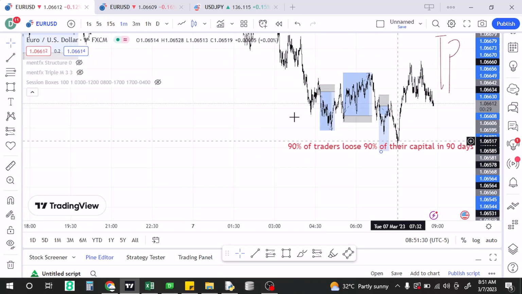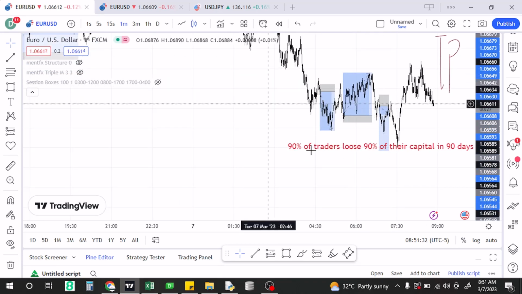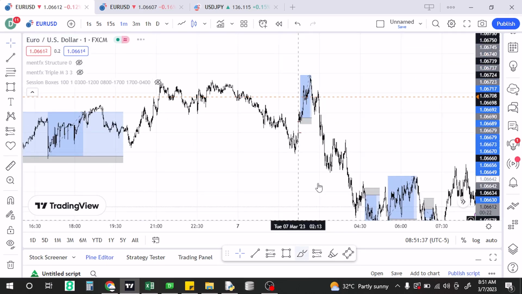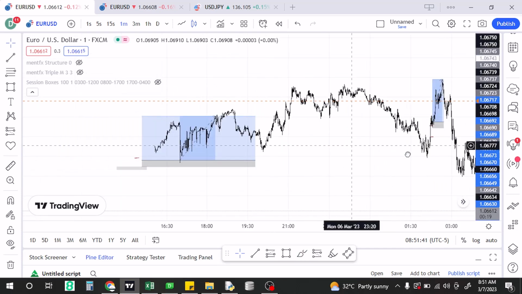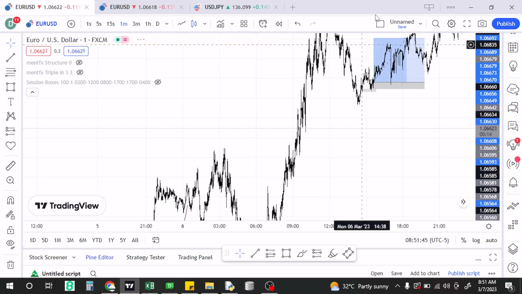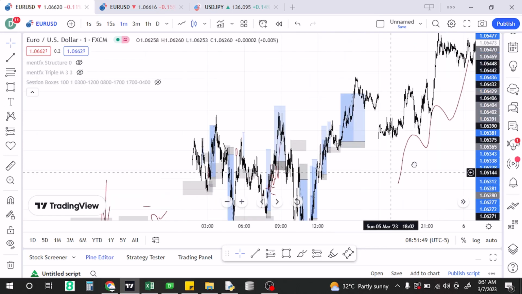This was just marked up trades today. I didn't take any of these trades, but you can see if I took these 3 trades, they would have been break evens. How will I react? Will I feel bad? This was a profitable trade for me. This was marked up, and you can see the consistency in the exact things I'm looking for. I'm not always looking for something too special or too crazy.